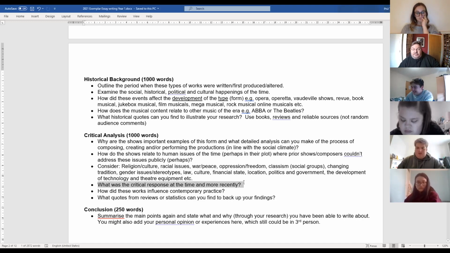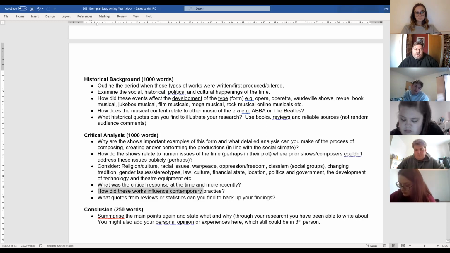Then you need to get your quotes from your reviews, like from The Guardian and The Stage or various places, saying, okay, did the critics like it, love it, hate it? And perhaps has that changed now? Sometimes a show gets panned really badly, but actually later on has a cult following. So Spring Awakening only lasted 3 months in the UK, but it lasted for about 8 years in America. So why did the British audience not like it? It was all about sex and everything else, and perhaps they didn't want to talk about those sorts of things, but American audiences were quite happy to.